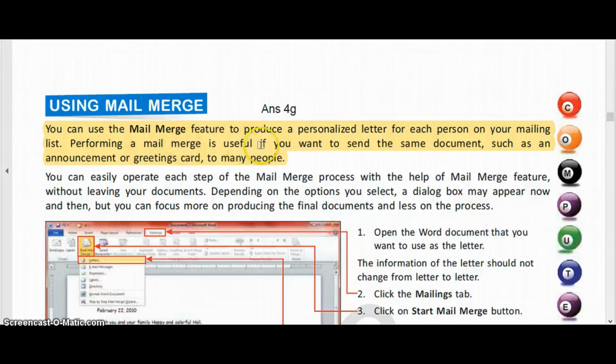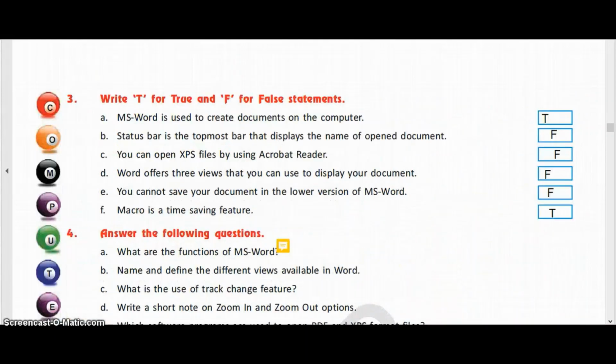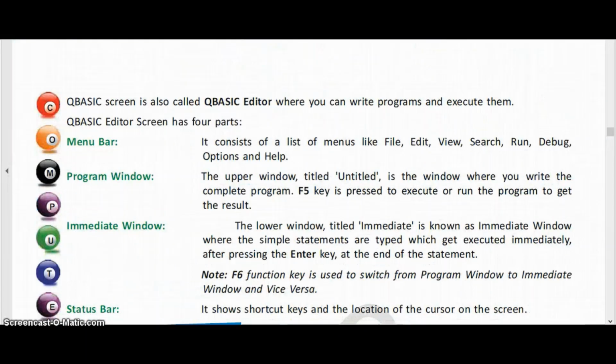Performing a mail merge is useful if you want to send the same document, such as an announcement or greeting card, to many people. So you need not type every time or copy paste every time. For each document, you just have to use the mail merge feature. So students, these were the answers of the questions.